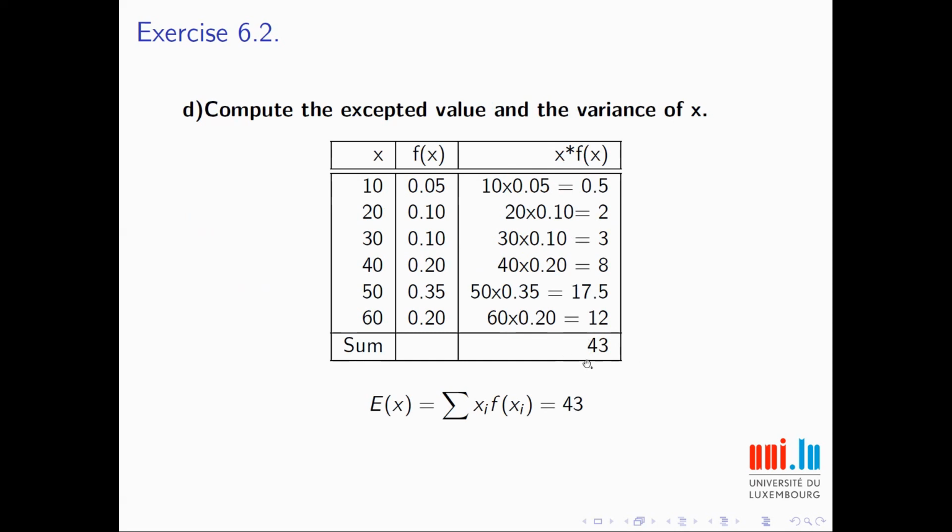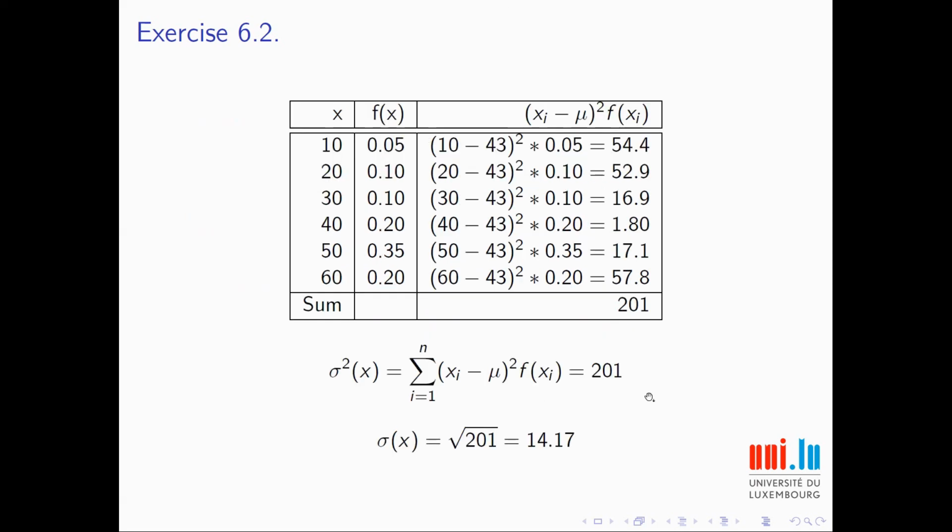So 43 new clients is expected to be seen by the marital counseling center in Virginia. This is the interpretation of this mean. Afterward we are calculating the variance. Again, this is the weighted sum of